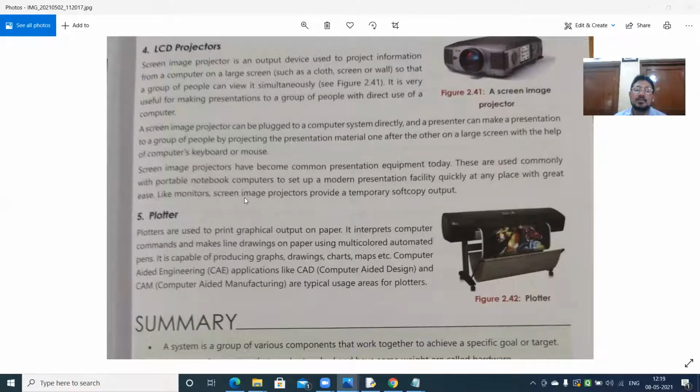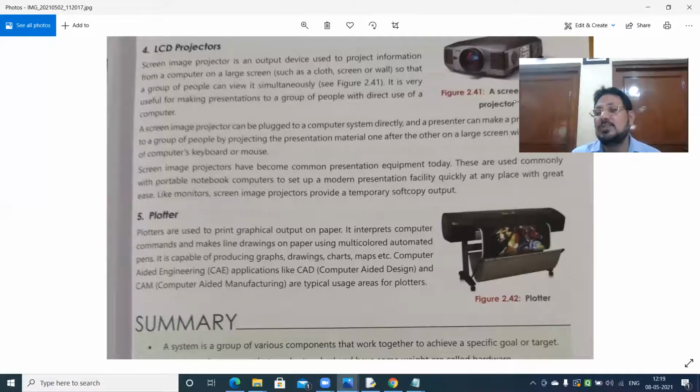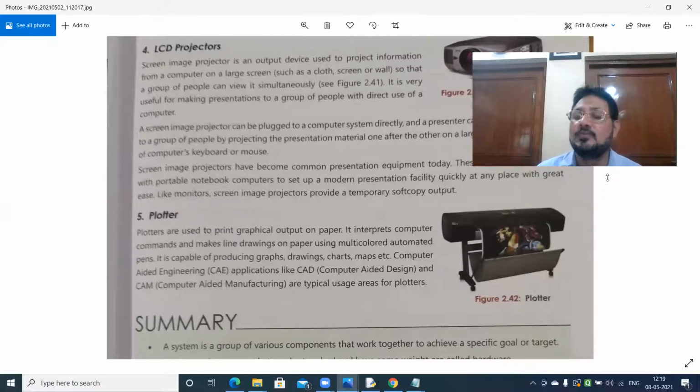Like a monitor, a screen image projector provides a temporary soft copy output. Now, you see that whenever you go for any seminar, the presenter has a laptop, and when the presenter is supposed to take the seminar, he asks the concerned people, or the management, whether they have the facility of the projector, because when I take the seminar, I will display my slides onto the screen.